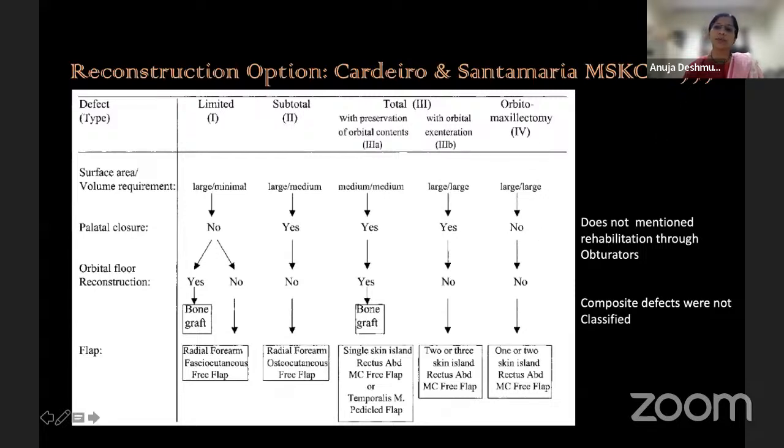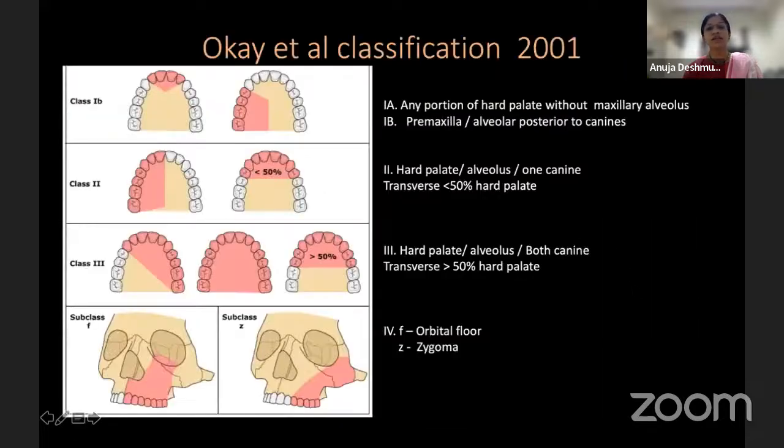This was from way back, but it does not mention rehabilitation using obturators, and even composite defects are not classified by this classification. So there are lots of fallacies in how to use this, and this was an old classification with old guidelines to use the flaps. This is another one, the Okay's classification, where type 1 is just